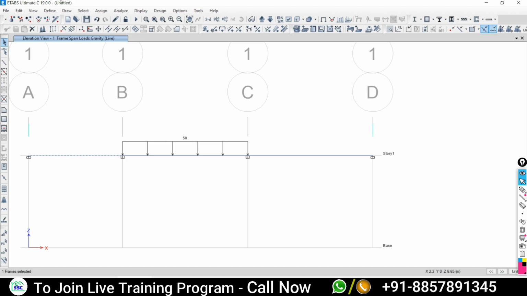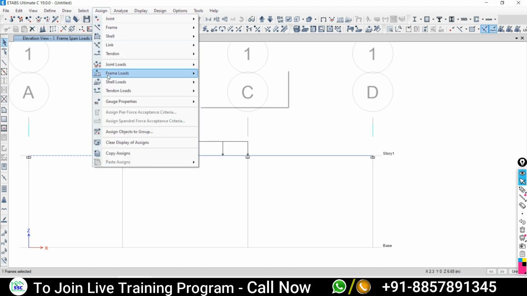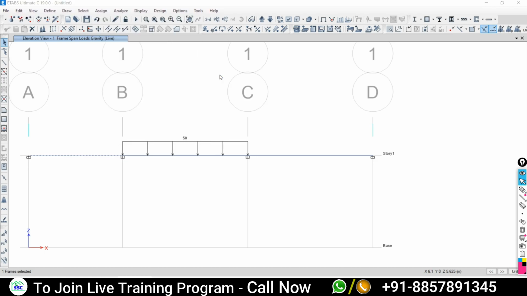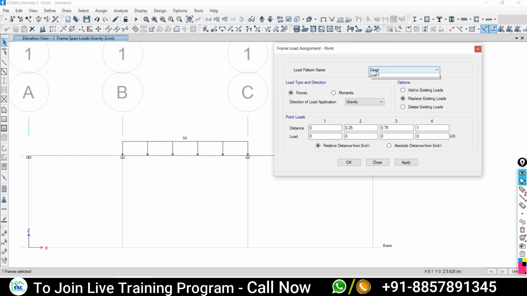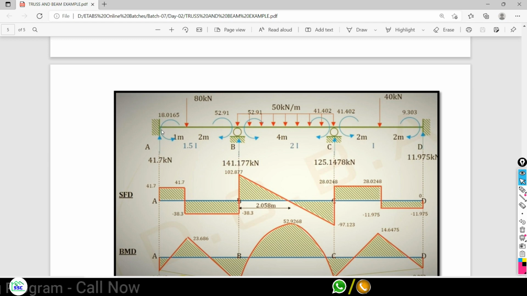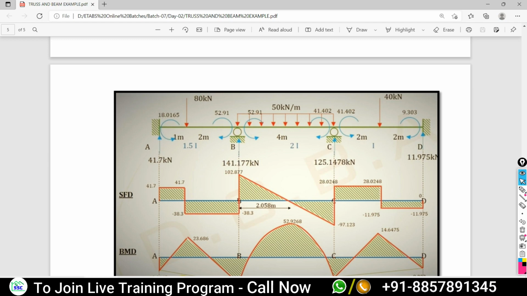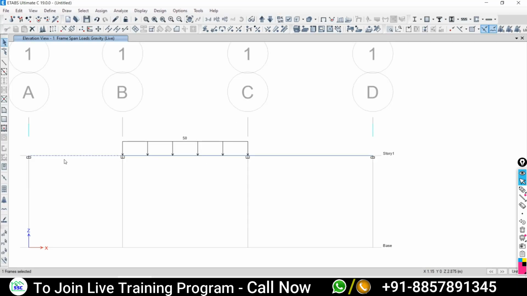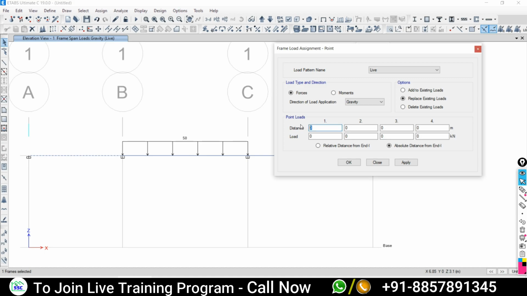Select the frame, go to assign, frame, point. Under the live load pattern, with the absolute distance: at a distance of 1 meter from the left end, 80 kilonewton force is there. Change it to 80, say apply.